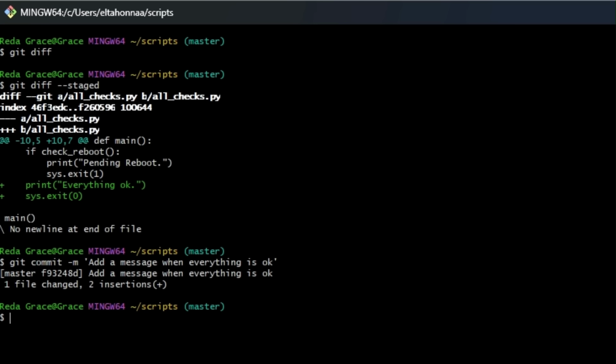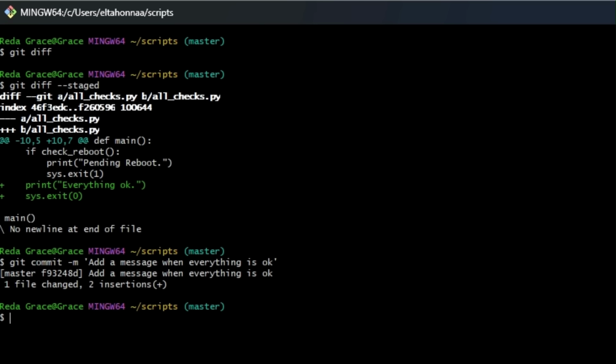Let's say that you've decided to clean up some old scripts and want to remove them from your repository. You can remove files from your repository with the git rm command, which will stop the file from being tracked by Git and remove it from the Git directory. So you'll need to write a commit message as to why you've deleted them.